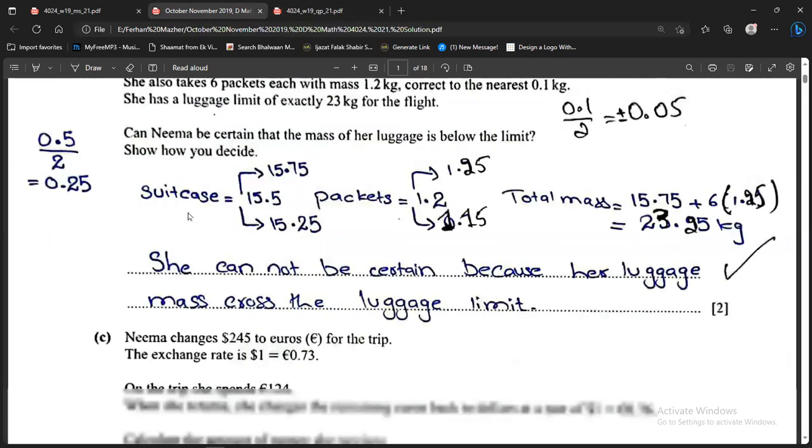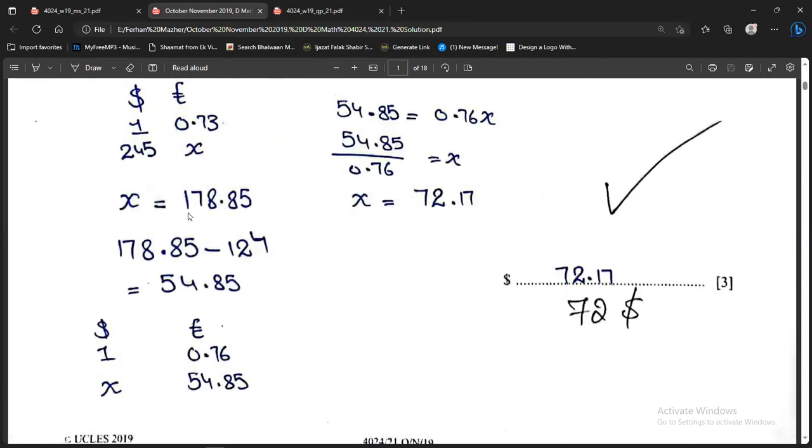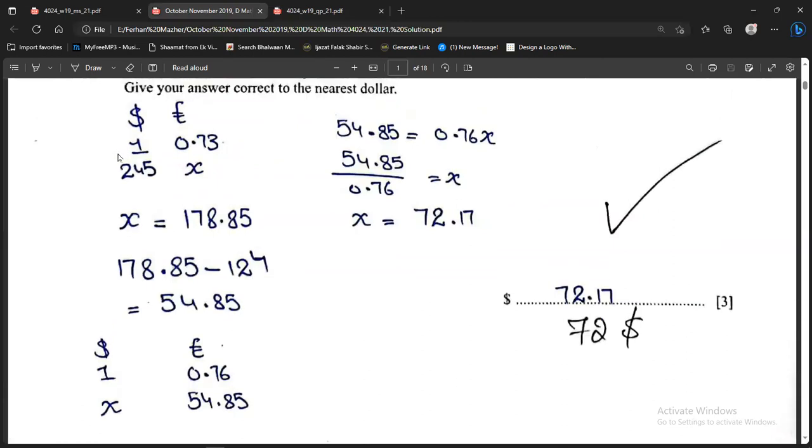So let me show you the working. Okay, so here we have... First of all, I will take dollars and euros. $1 equals 0.73 euros. So $245, how many euros? It will be 1 by 245 equals 0.73 divided by x, and x will be equal to 245 multiplied by 0.73, and that will be